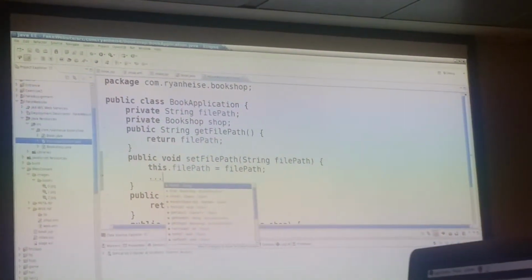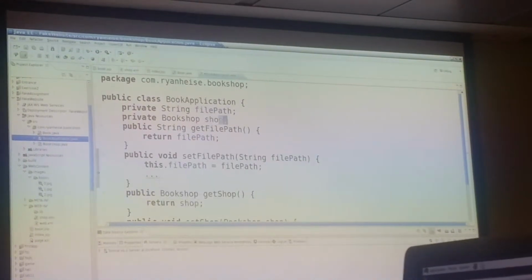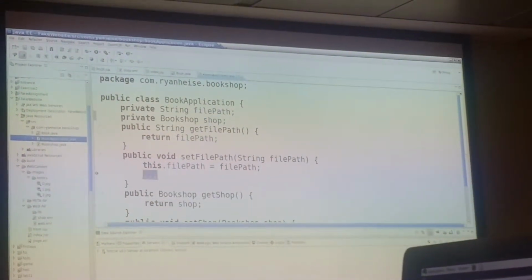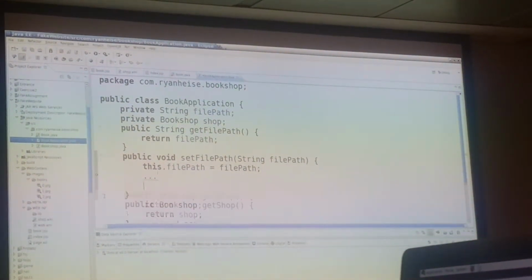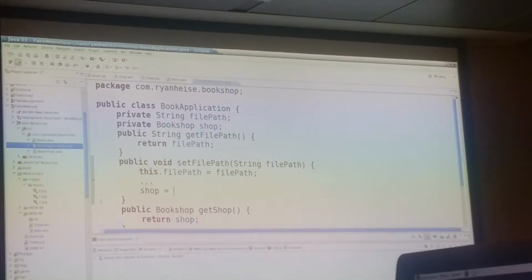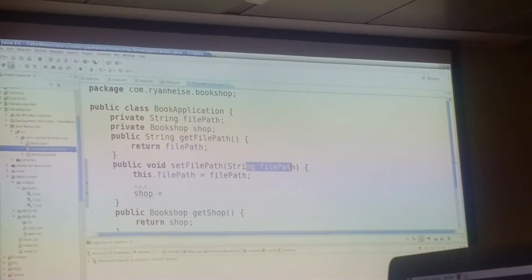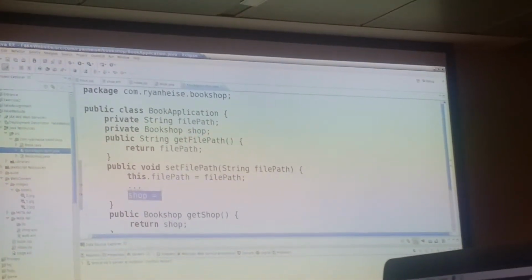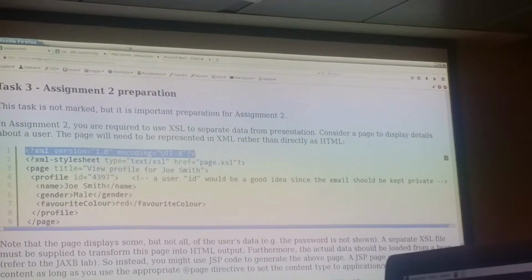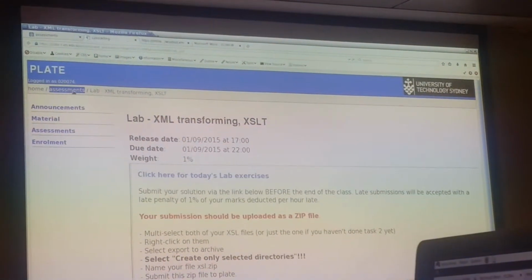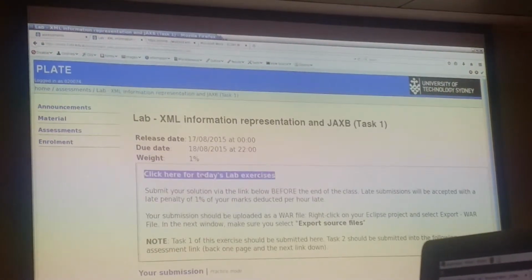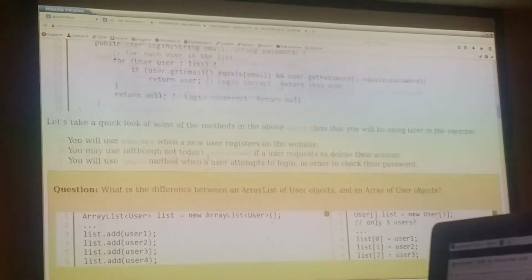We should load the contents of the file, unmarshal it into this Java object. So the final goal of this method would be to actually store something into there, wouldn't it? We want to read the file from here, and the goal is to store something into there. Now, to do that, we're going to go to the JAX-B lab and look at the